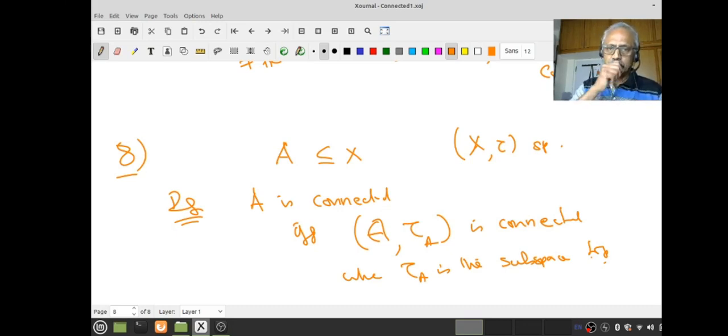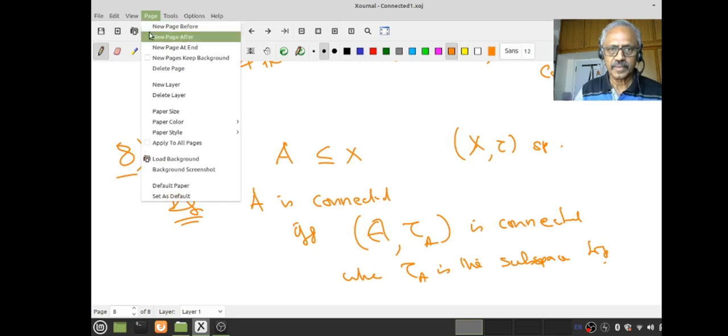So here also you can do, but then you will try to write down a lot of conditions, so that confuses a lot of students. So let's not worry about it. You will see we don't have to learn that definition at all. Remember this: A is connected if we look at the subspace topology on A, and the space (A, tau) must be connected. Are you happy? Keep that. We will see a much more efficient way of looking at these connected spaces in the next lecture. Okay, keep this in mind.